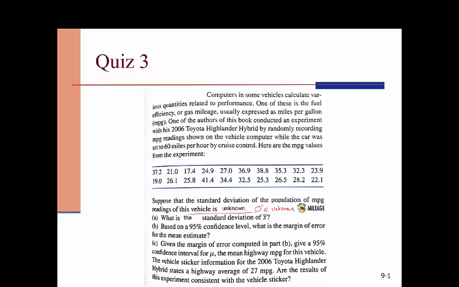Since sigma is unknown, you have to find the standard deviation of x bar, which is S of x bar, and then based on that you have to find the margin of error,